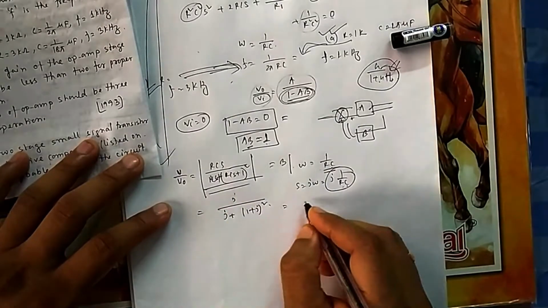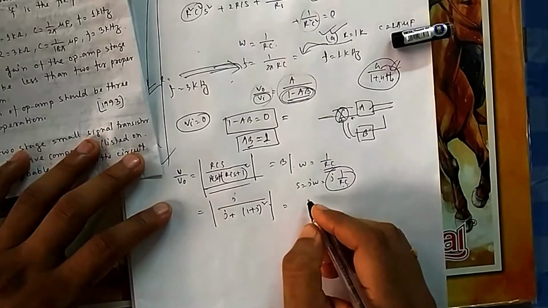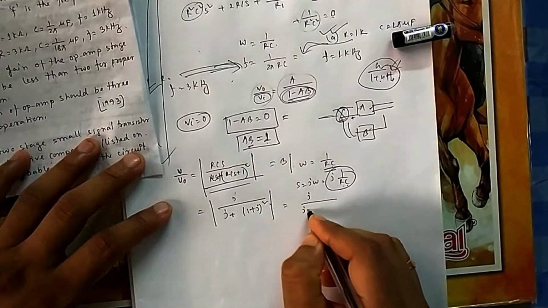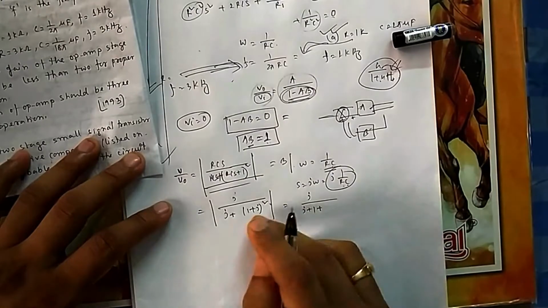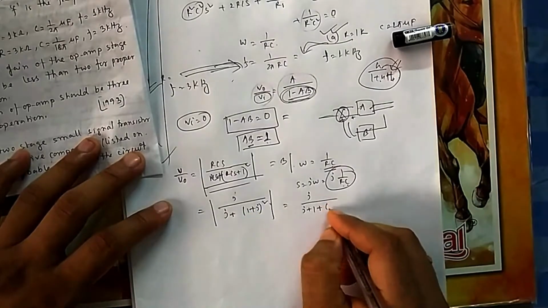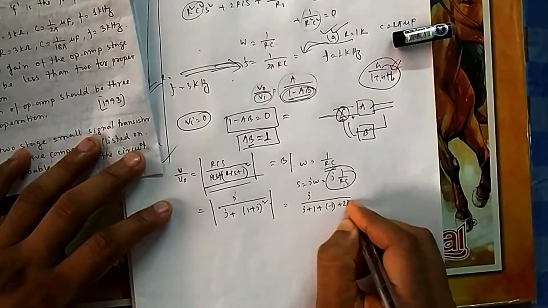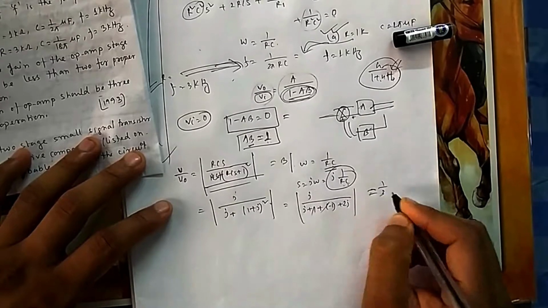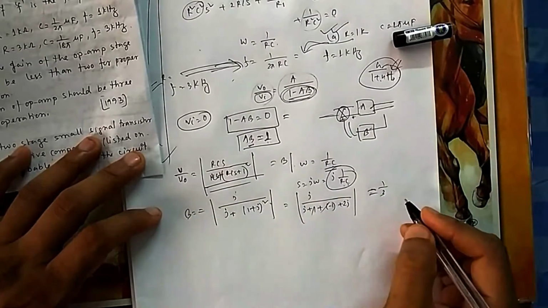So if you expand it, you need to have the magnitude of this one. So magnitude of the upper one divided by magnitude of the lower one. So it will be j plus 1, a square plus b square, plus j square will give you minus 1, plus 2ab. So we need the magnitude of this one. So you will find it is 1 by 3. That means your beta, that is your feedback factor, is 1 by 3.